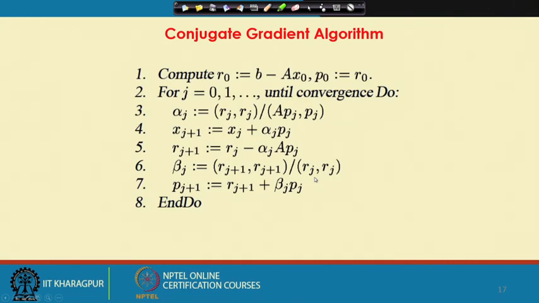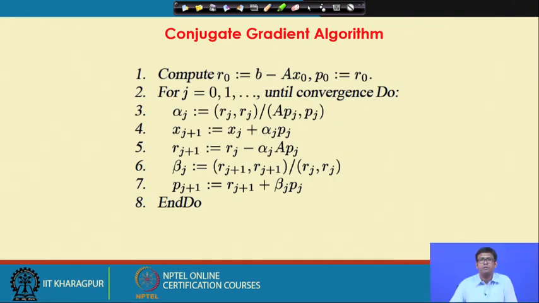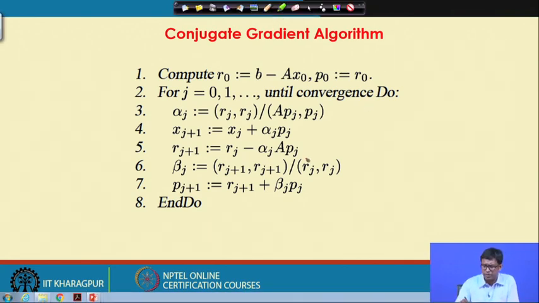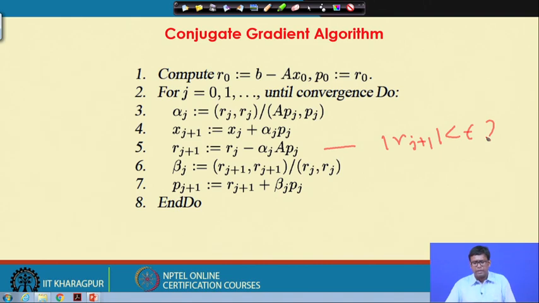compute R0 is b minus Ax0 and P0 is equal to R0, for j equal to 0, 1 until convergence. Convergence can probably be checked here: mod Rj+1 is less than epsilon. Obtain alpha j as Rj dot Rj by Apj dot Pj, xj+1 is equal to xj plus alpha j Pj, Rj+1 is Rj minus alpha j Apj, and once you have obtained Rj+1, you already